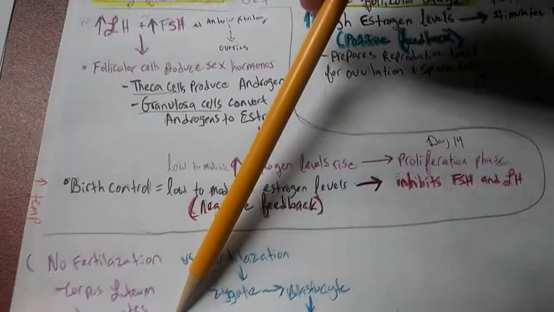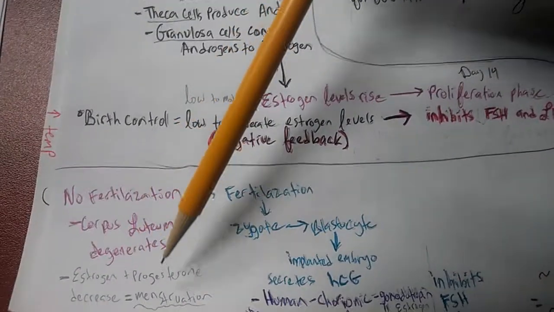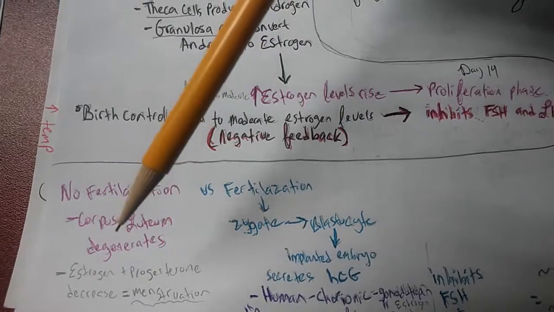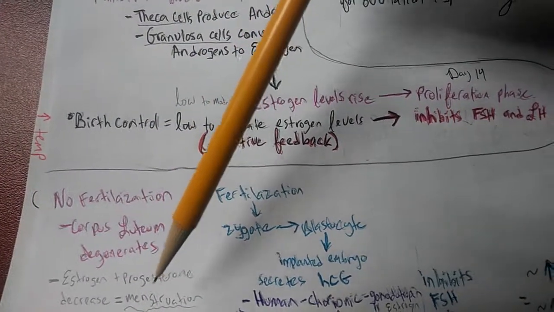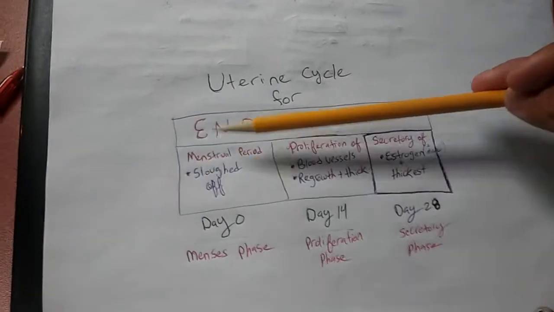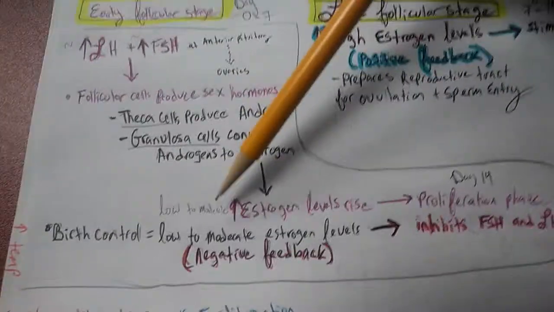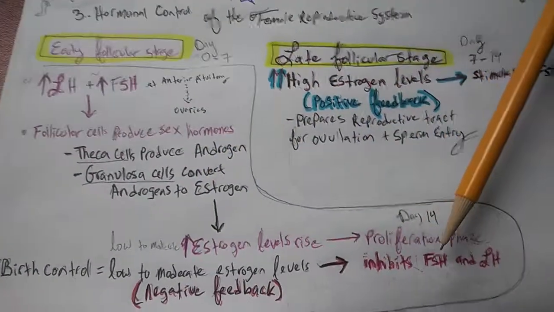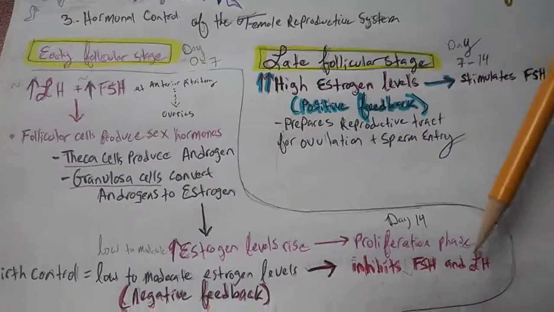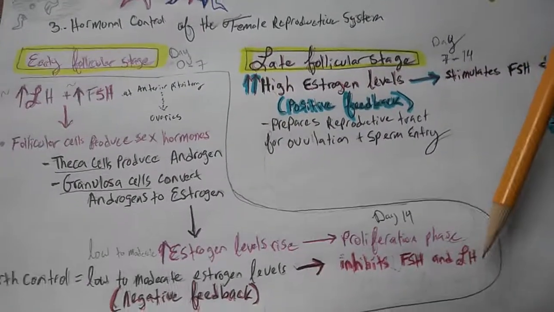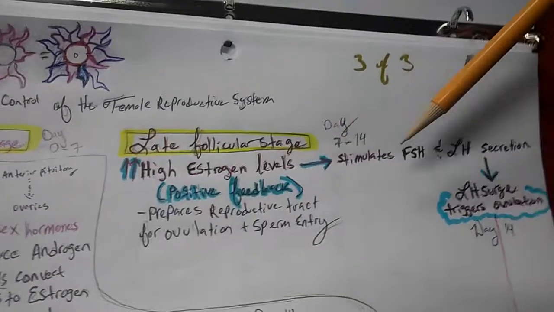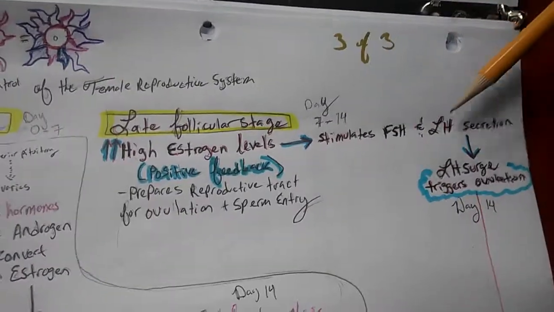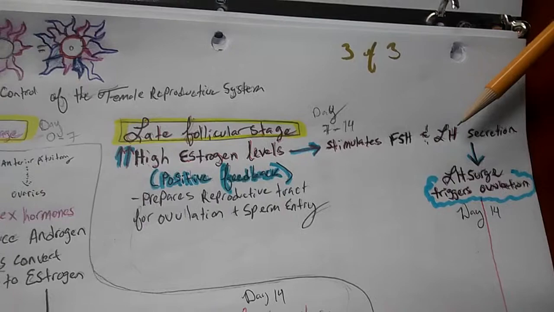So let's just say we have no estrogen, then menstruation will occur, okay, which is the sloughing off of the endometrium or the menstrual period. If we have low to moderate levels, then we will inhibit the body from making an egg, and will inhibit the body from making estrogen and going through ovulation. If we have excessive estrogen levels, then we will tell the body to make an egg and to make more estrogen and to make more